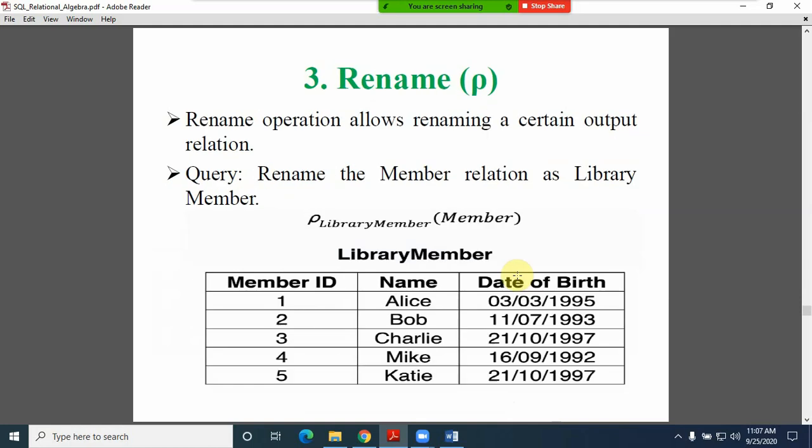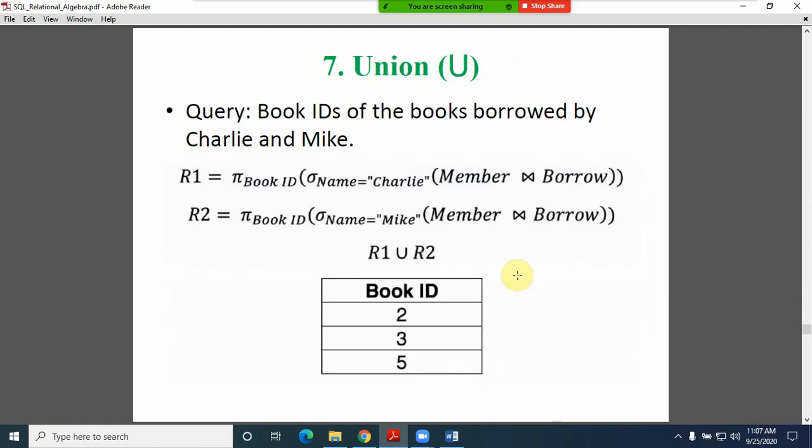Similarly, if you are referencing this union, the union outputs the information, maybe looking like one table, but internally we gathered the information and observed the join between member and borrow, as member contains the name and borrow contains the book id. From both tables we have to fetch the data. From the member table, based on the name, we mapped that name to the member id, and after getting that member id, we got the book id. Based on this convention you can follow the union operation.